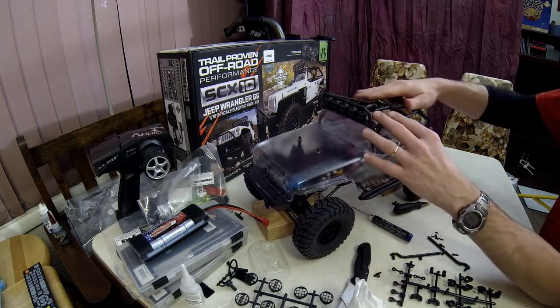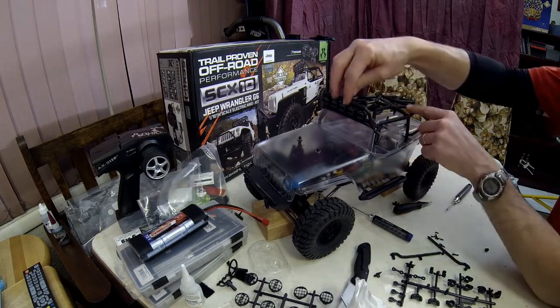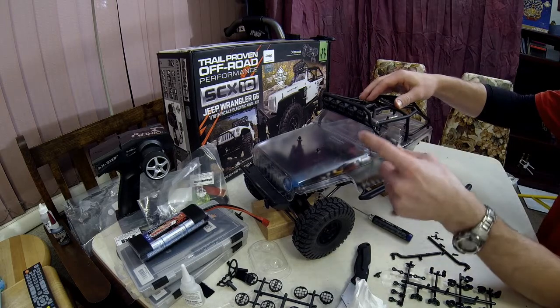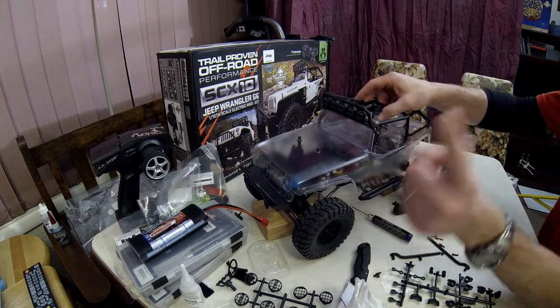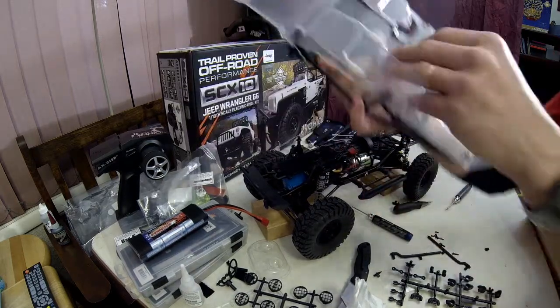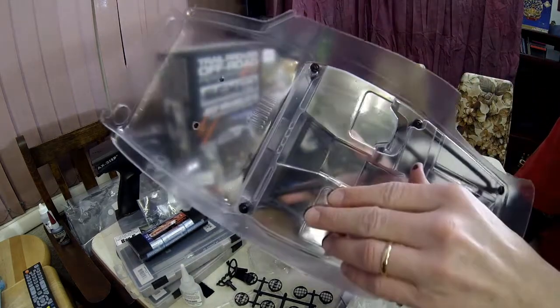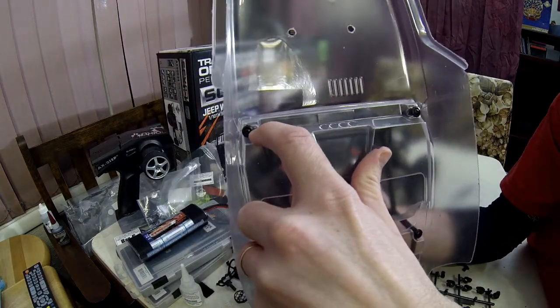There we go. We have the roof rack on, or the cage on now, with our light bar and our front windshield. Looks pretty cool, I think. One problem, and I'll show you. So if you look underneath there, and we'll get in here kind of tight so you guys can see,